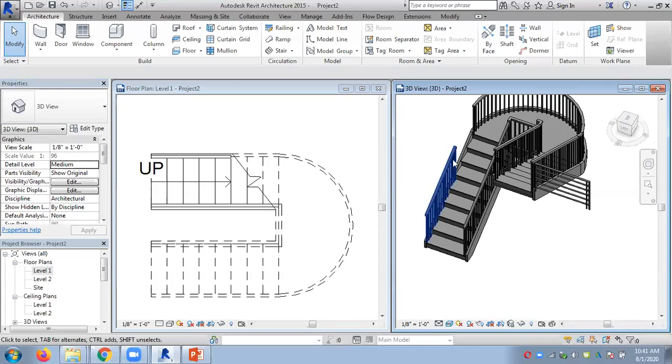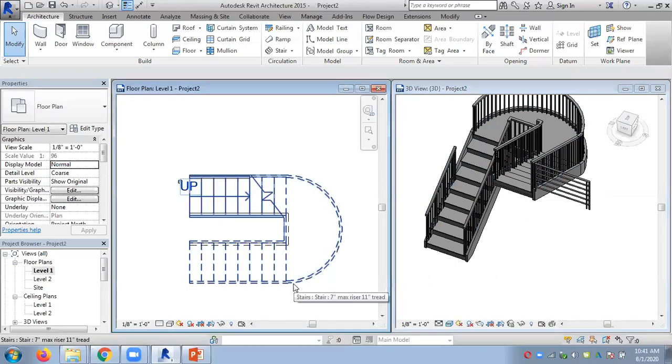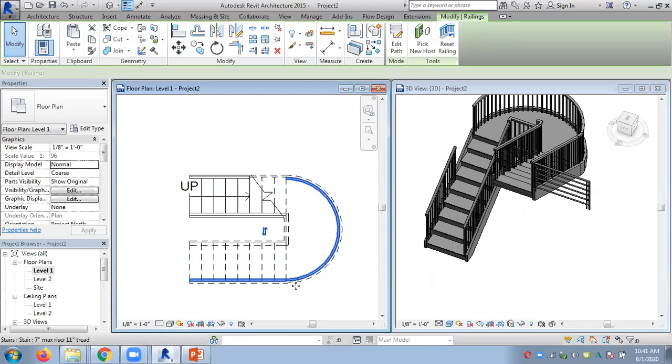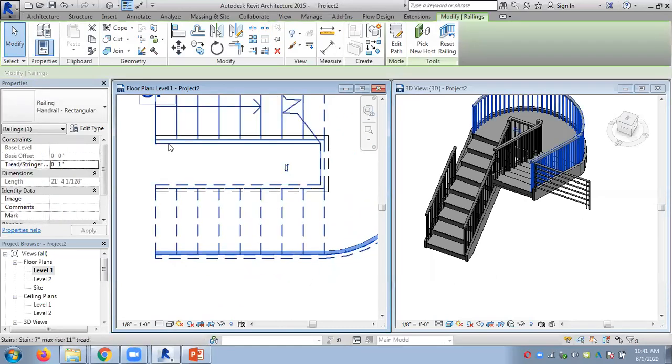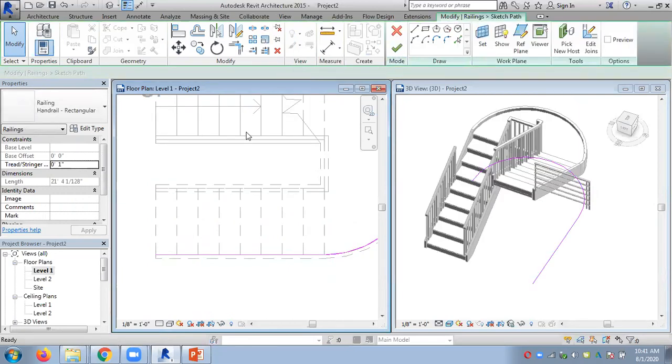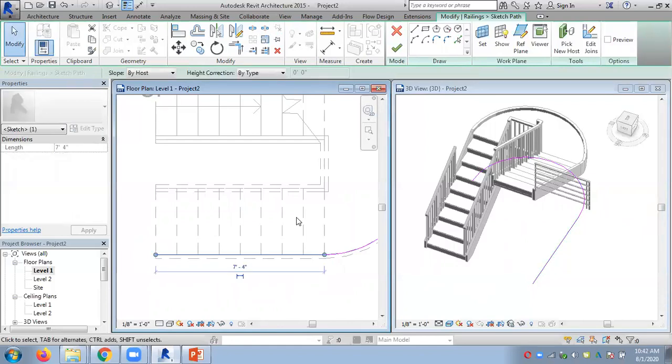So now I can have a discontinued railing. I will do it and again show you what I did. For example, we select the railing like this, and my requirement is to have a small gap in between the railing like this. So we edit the railing path. Say I try to split it from here, say I just do this.